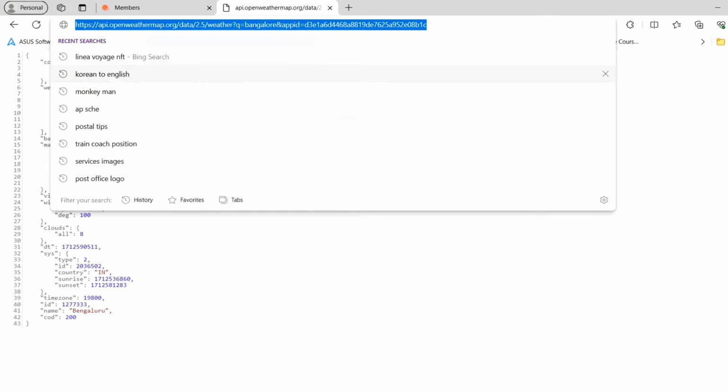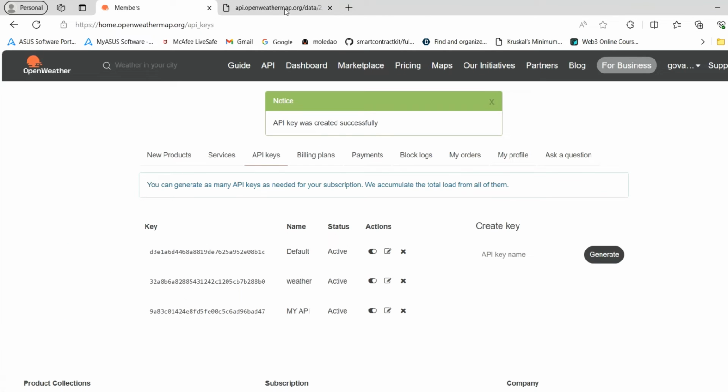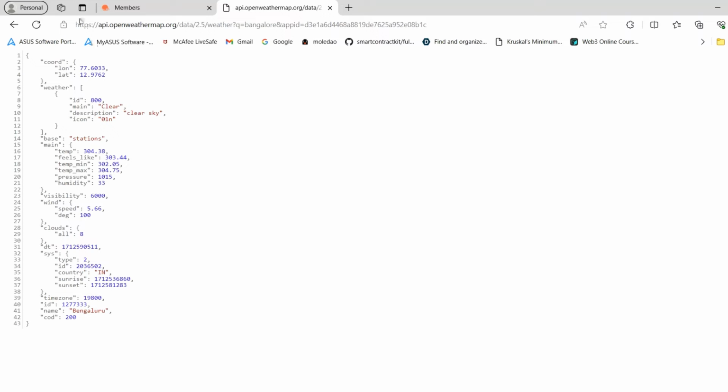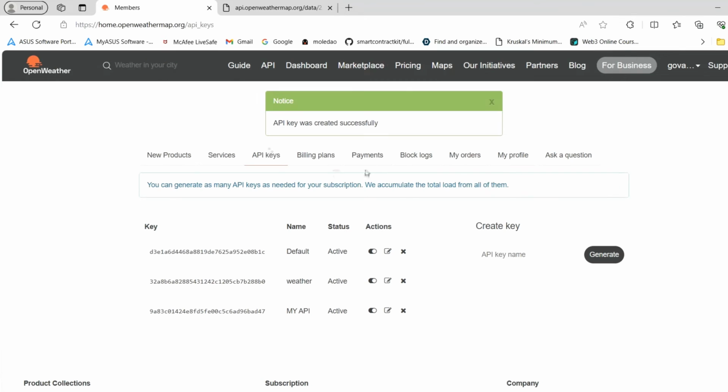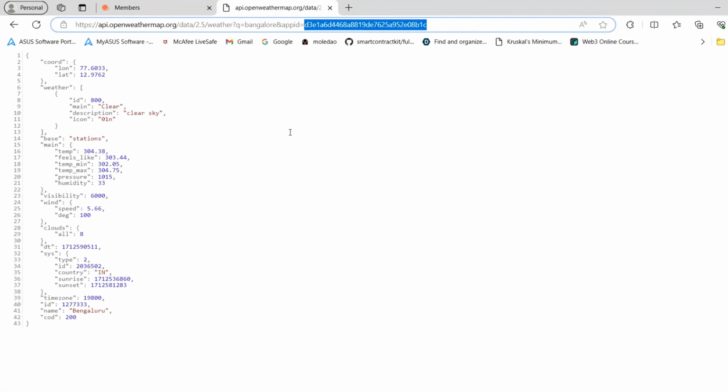So make sure, guys, in this API URL, you have to give this last API ID equals, and next you have to give your API key, then only the URL is going to work. Otherwise it doesn't work, guys.